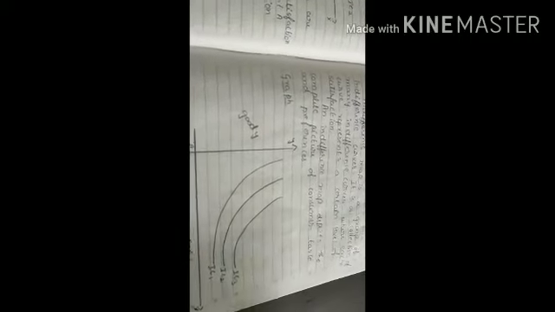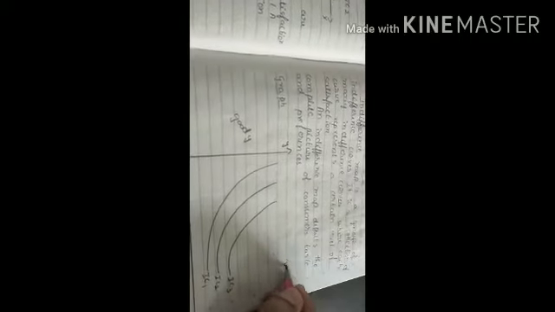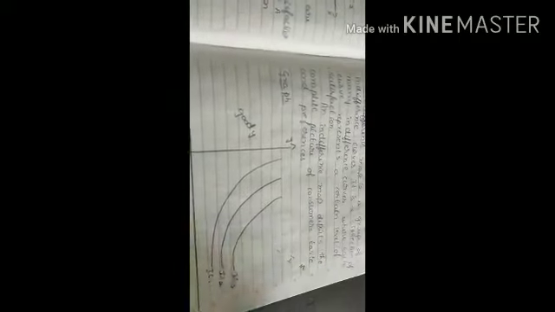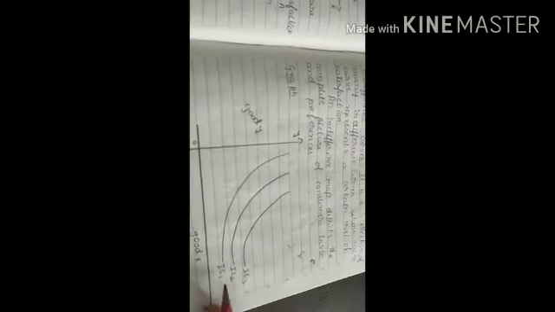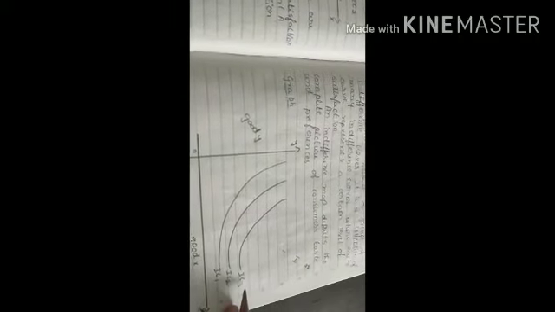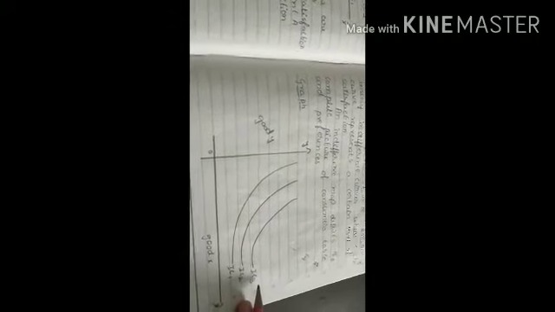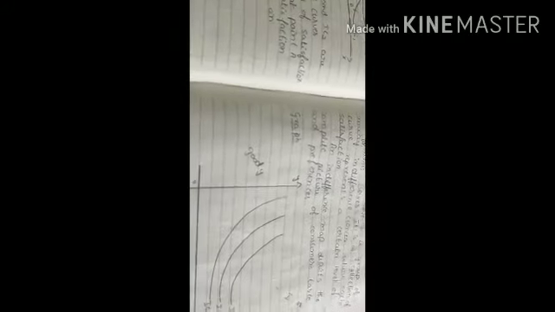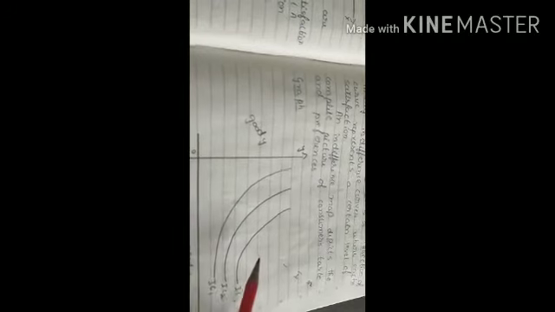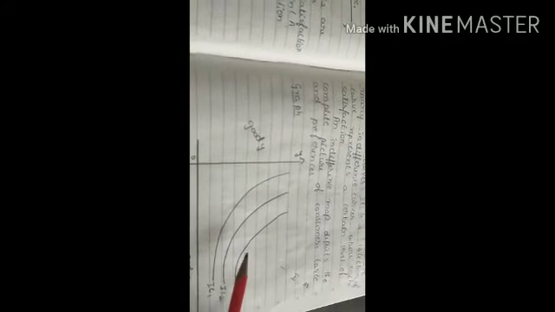So together we will call it an indifference map. IC1 means indifference curve 1, then indifference curve 2, indifference curve 3. Here, why are we studying the indifference map? To analyze which indifference curve will give us the maximum or higher satisfaction. The greater the indifference curve, the higher the satisfaction. Greater means the one which is on top.